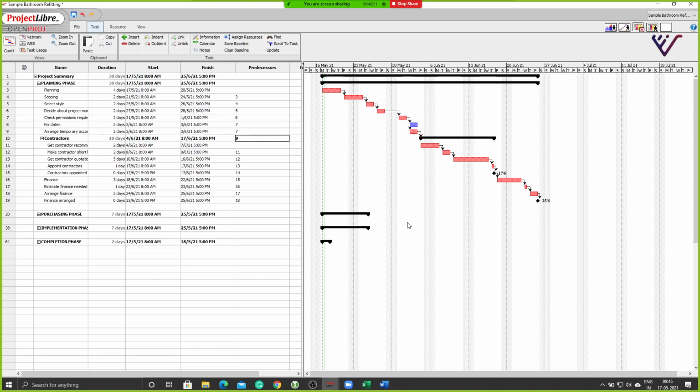Yes. Clear? So by changing the predecessors here, I can move the activities in and out. So that's one way of doing it, where I can manually feed in the values here. Project Libre also gives you the flexibility of creating